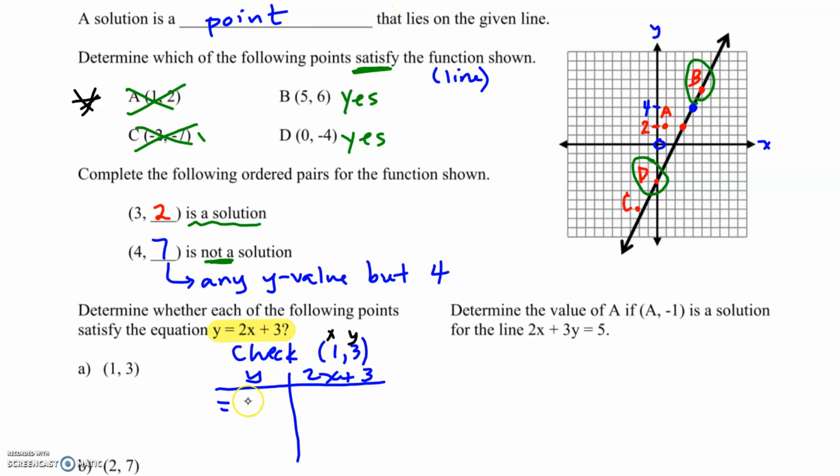All right, so my y value is 3. And on my right side, my x value is 1. So where it says 2 times x, I'm going to put 2 times 1 plus 3. So 2 times 1 is 2, plus 3 is 5. So I can see that my left side does not equal my right side, because on my left side I have 3, and on my right side I have 5. So now I can determine that this does not satisfy